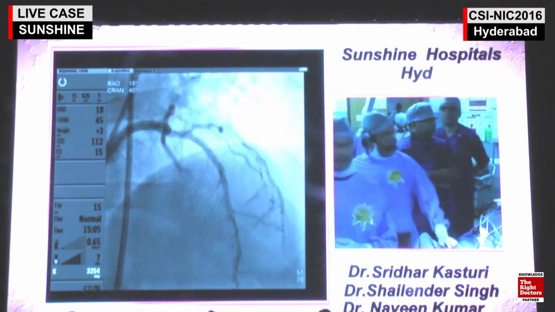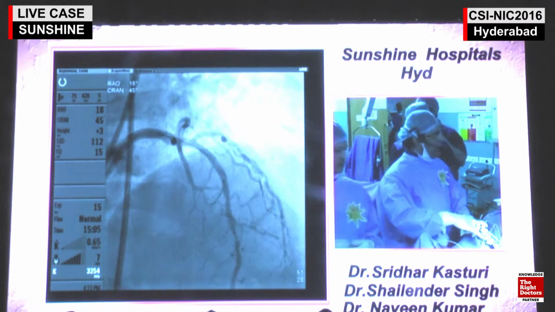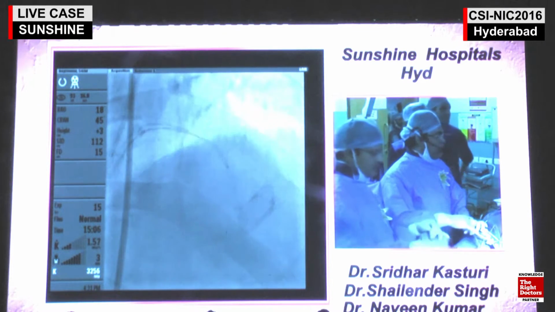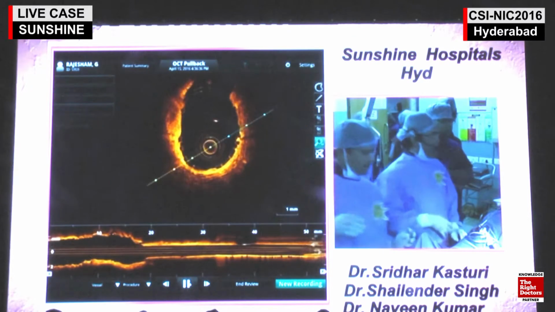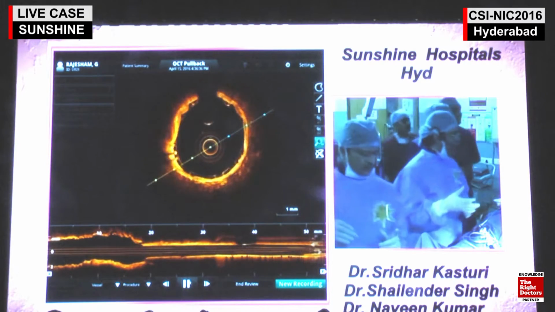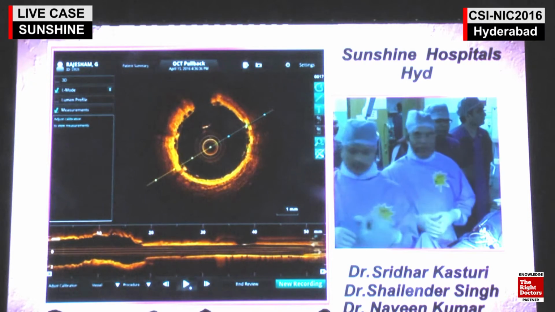We'll have a look at the OCT from Dr. Sridhar and then go off to Bangalore because they are now ready, I believe, finally. After that, I will show one nice complex case we just did, with the LMCA, LCX, and LAD diagonal bifurcation and LCX LAD bifurcation, just before starting this case.